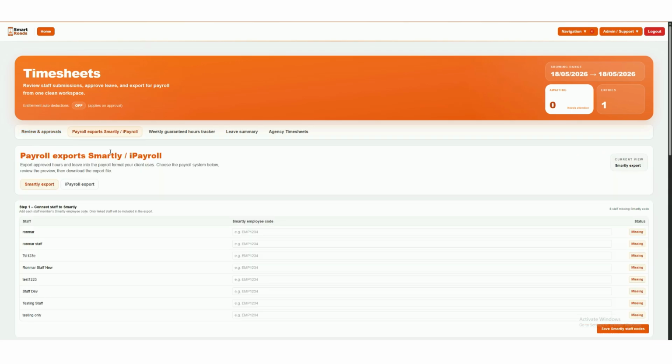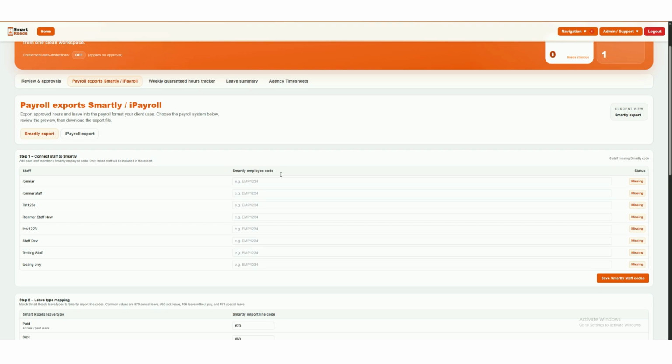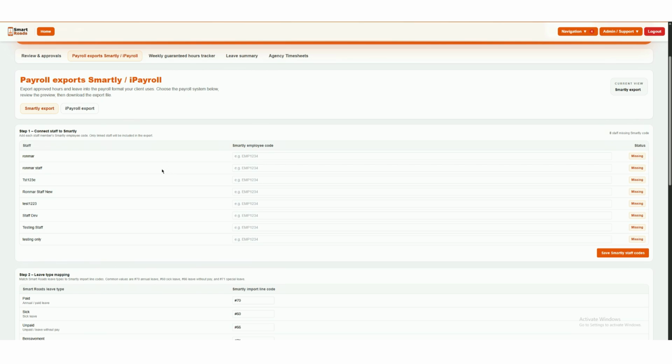Payroll exports, Smartly/iPayroll. This section allows approved work hours and leave data to be exported directly into Smartly or iPayroll. The setup process includes linking staff to payroll employee codes, mapping leave types to payroll import codes, and configuring overtime